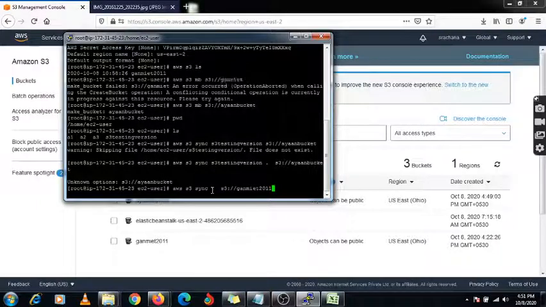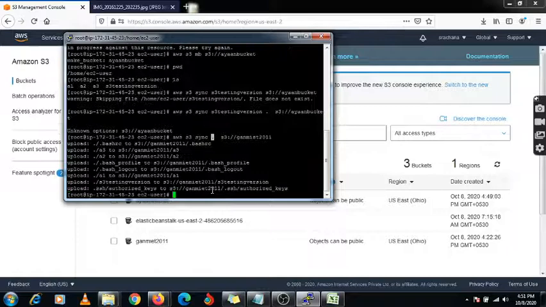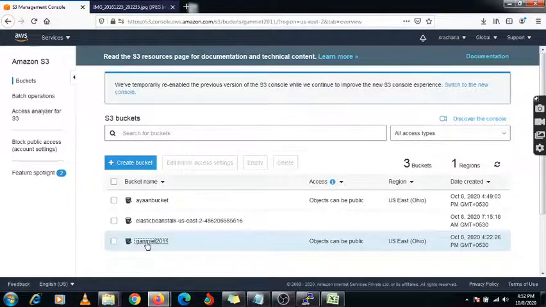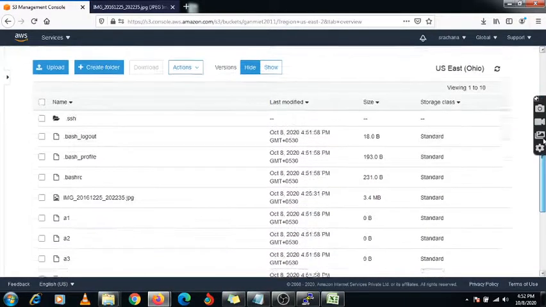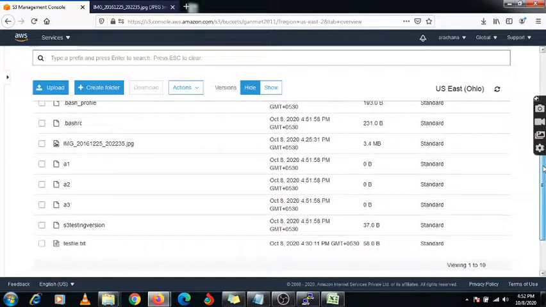This dot represents all the files which are under this path. Now you can see all these files are now uploaded under this gun MIT bucket. Now you can check under this gun MIT bucket, all files will be reflected. So these are the files which I have uploaded.